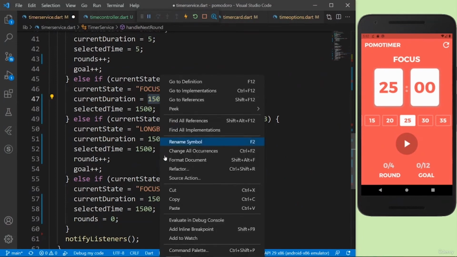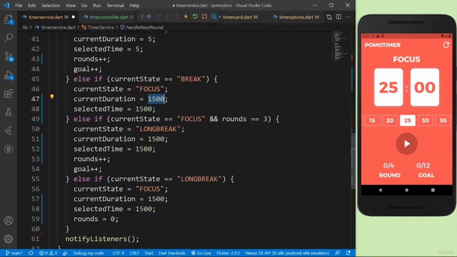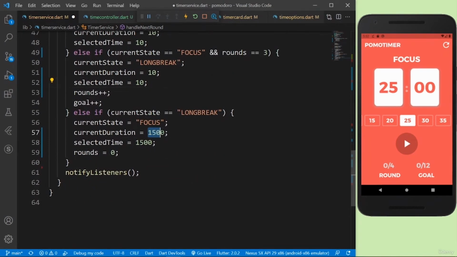And here also I'll just say 10, change it back to 10. So long break is also going to be 10, because of course I don't want to wait 25 minutes long to test our application out, right? So I'll just work with some dummy values. So I'll just say 10 here, 10,